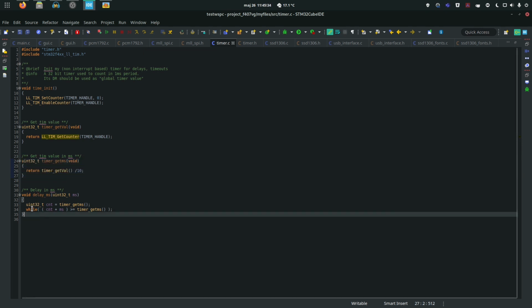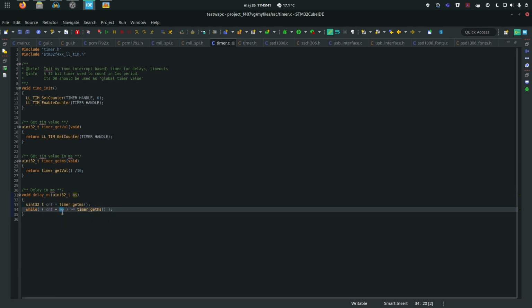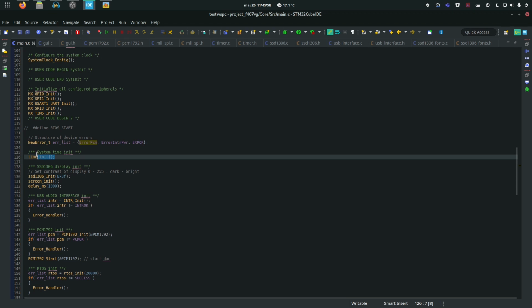I also have the delay millisecond function, which basically just takes the current time and adds the milliseconds of delay wished to it, and then waits in this while loop as long as this is larger than the current time. When the current time precedes this value, then it goes out of the while loop, so this is a simple delay implementation. So if we go back to the main, the time init is really the first thing that should